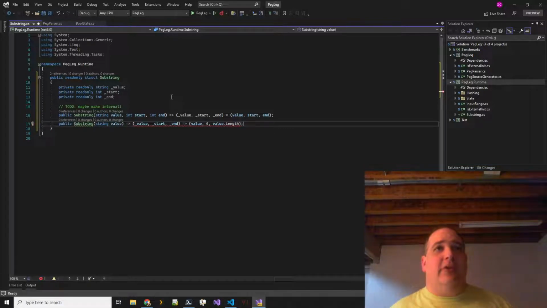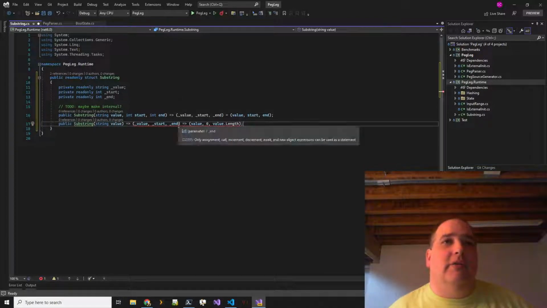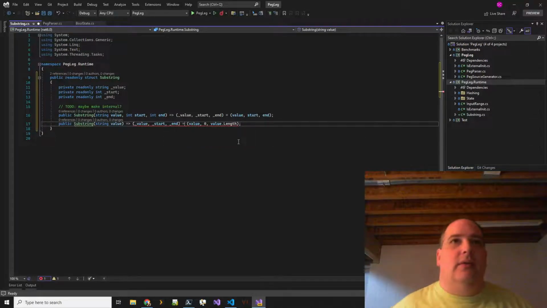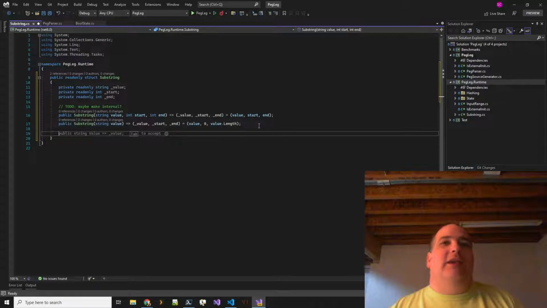Because it's an exclusive end, it's very convenient. I kind of like that constructor syntax. It's odd, but I like it.